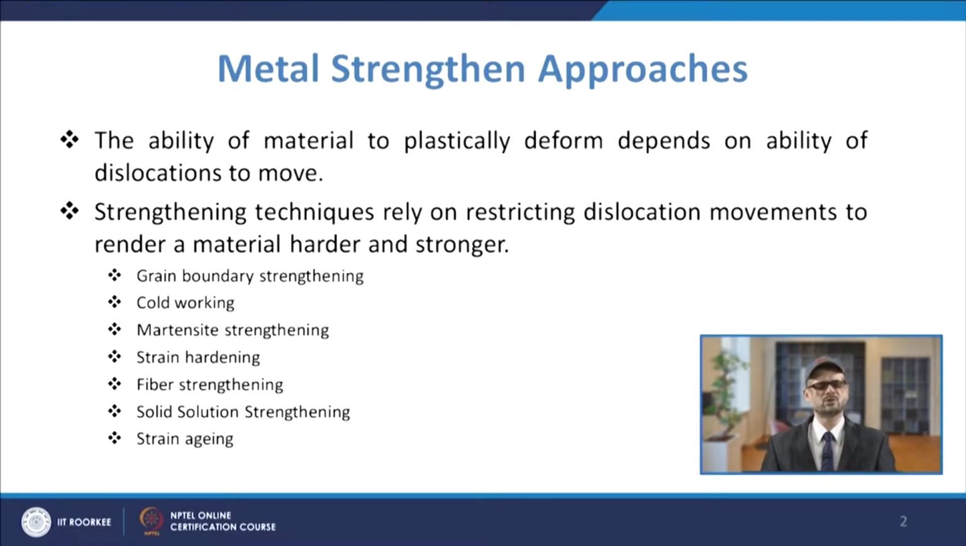If you talk about the different methods of making the material stronger or harder, in metallurgy or materials science we are going to talk about a few of these methods, like grain boundary strengthening. As we know, when a dislocation is there, the grain boundaries offer resistance for it to cross. By increasing the number of grain boundaries, which is achieved by increasing the number of grains, you are